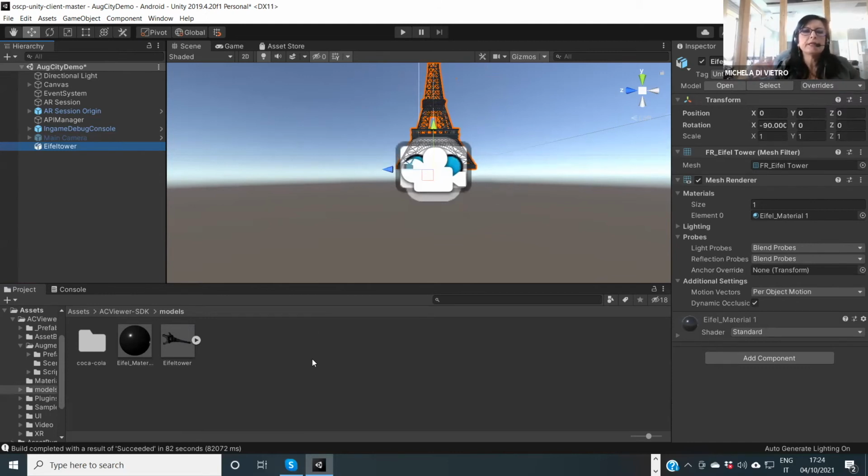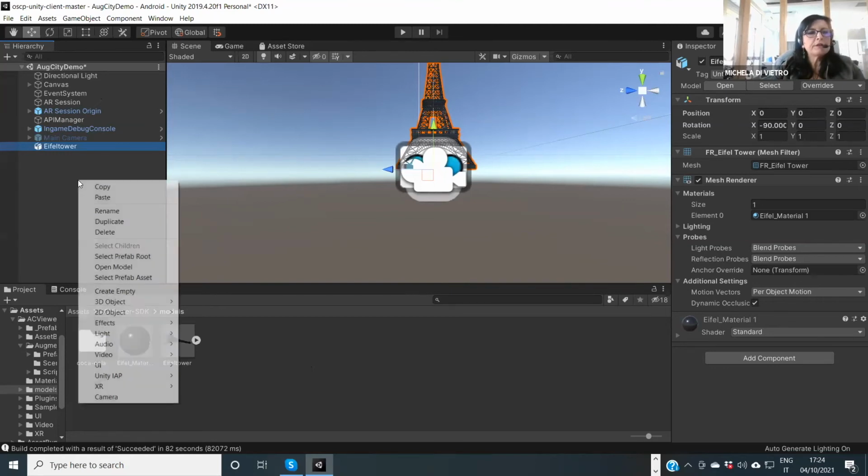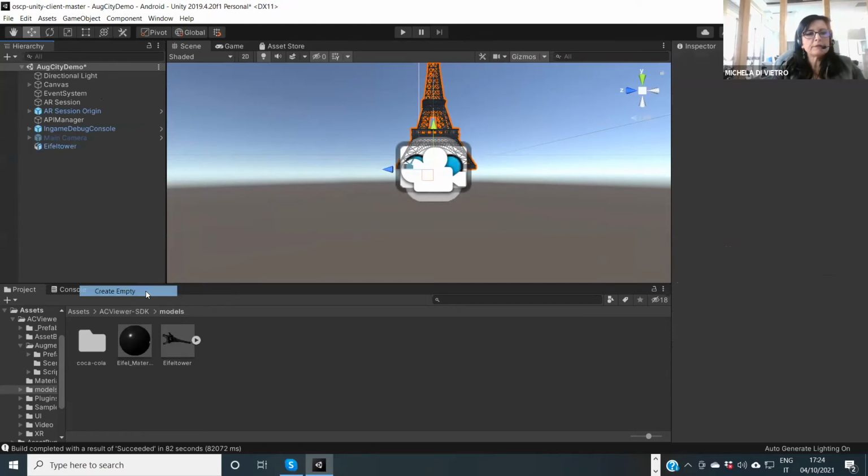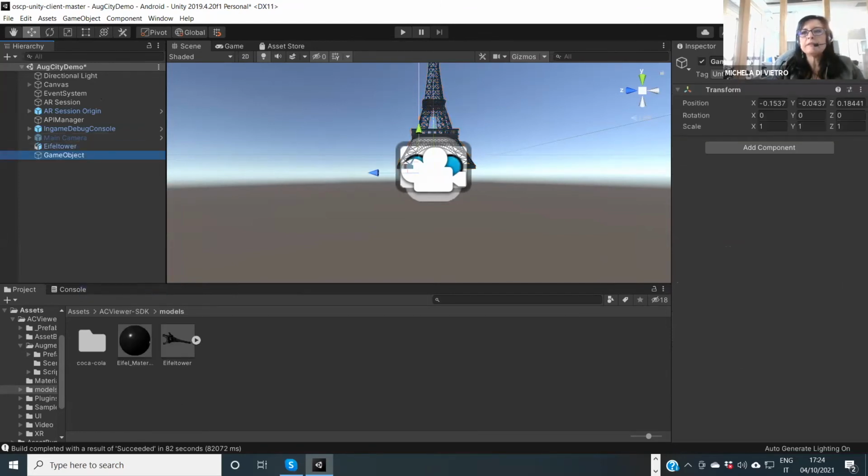You can create, of course, any complex scene. This is just an example because I would like to show you how to generate an asset bundle in order to download your 3D model at runtime. In this case, you create an empty object and rename it OBJ.